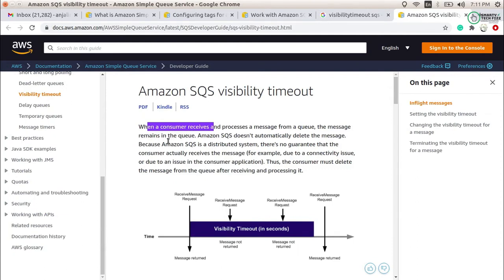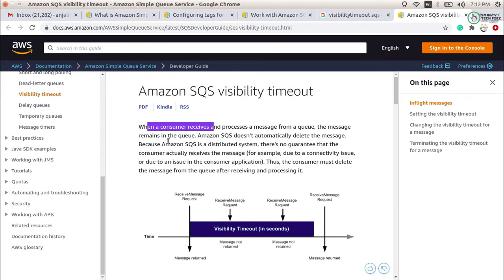That means Amazon SQS is never going to delete the messages, since they can be read by many systems many times. So if you want the message to be read only once, you have to delete the message after the processing.